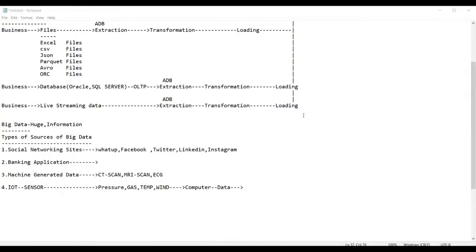What do they do exactly? They measure the wind. Those fans are nothing but sensors, connected to computers. Whatever is recorded is transferred to the computer, kept in files, and transformed further for analysis. So this is how exactly the process moves on.